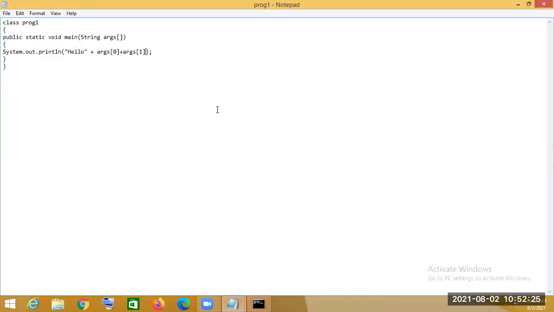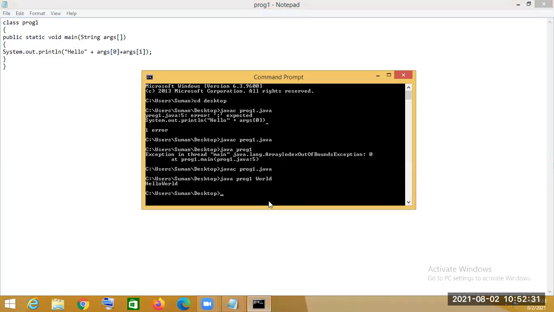Now, one thing, when you do Java programming: if we didn't compile the changes I have done, and after making the changes I didn't compile the program, then the previous result will be shown, because with each and every compilation, the bytecode is created.